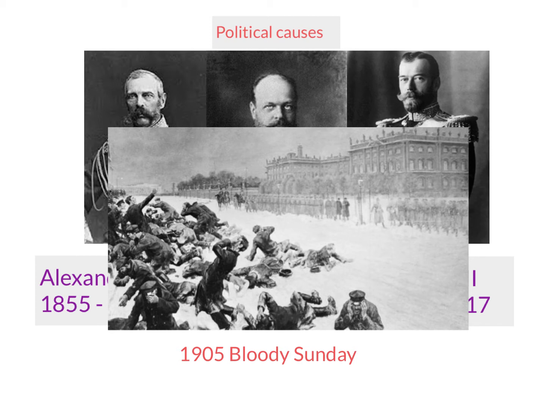During that time, the key thing that allowed him to hold on to power was that he was able to rely on the support of a significant proportion of the army. Even though there were mutinies in the army, he could rely on their support to deal with the protests by the end of 1905. He also suggested a range of reforms, and that included introducing a form of parliament which was called the Duma,